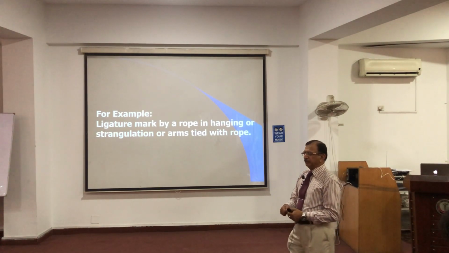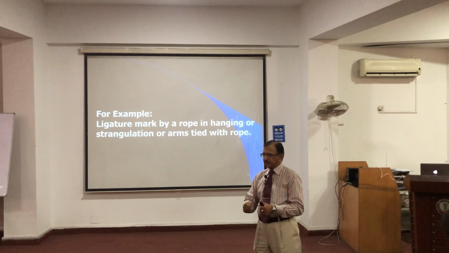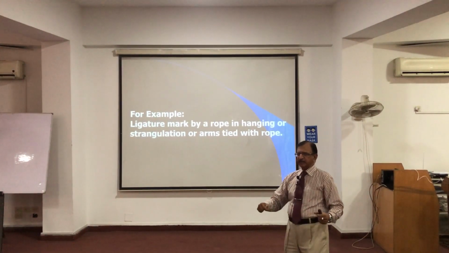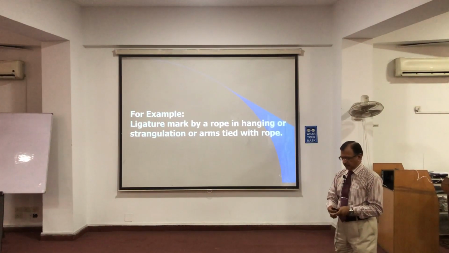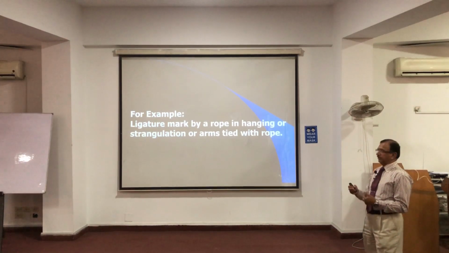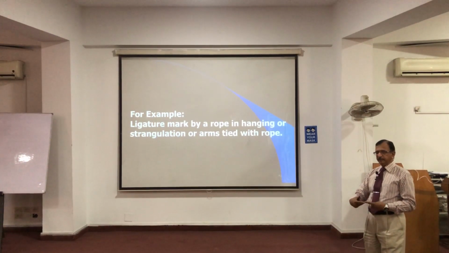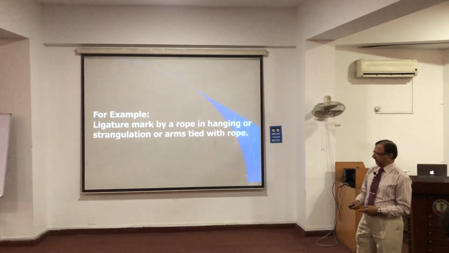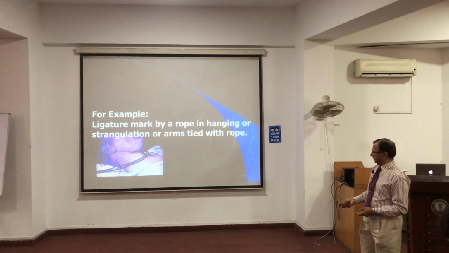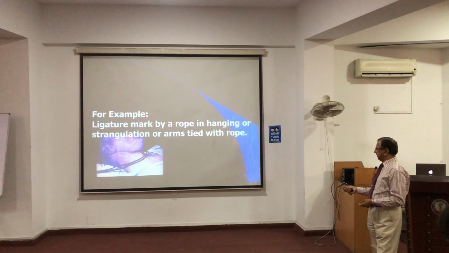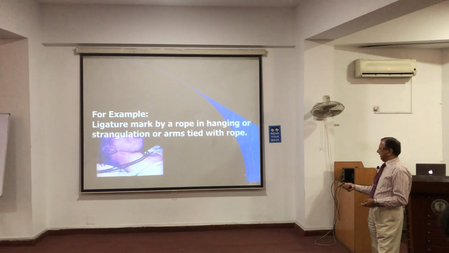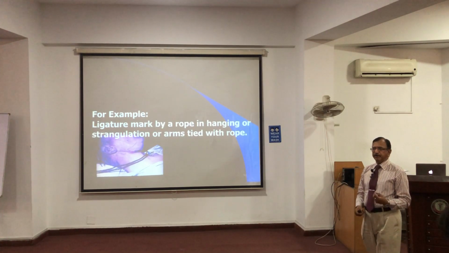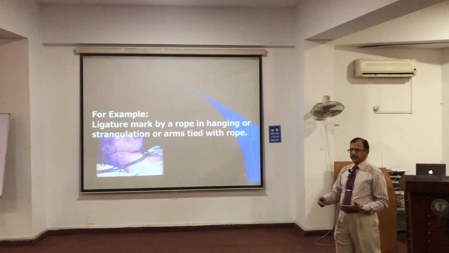When you tie up, you can imagine that there is pressure and rubbing, indenting and rubbing. And this tying up by another person or strangulation, there will be rubbing and indenting, which will cause the imprint abrasion. You can see the deep furrow, and it appears as a parchment-like, leathery, burned out area with the friction.